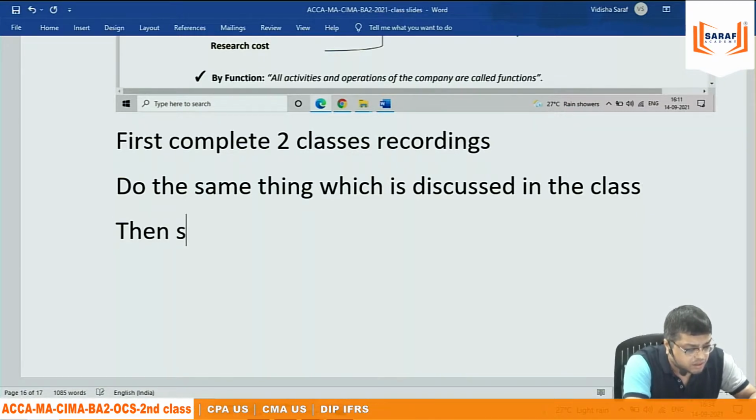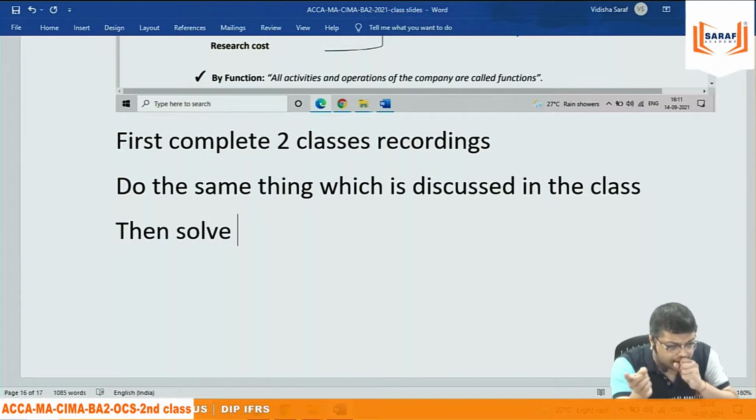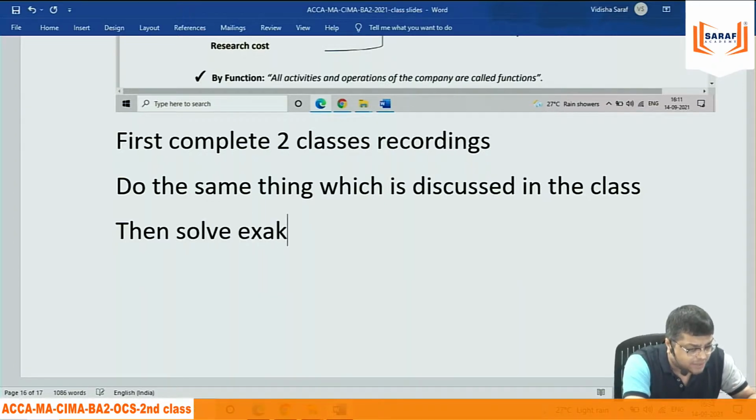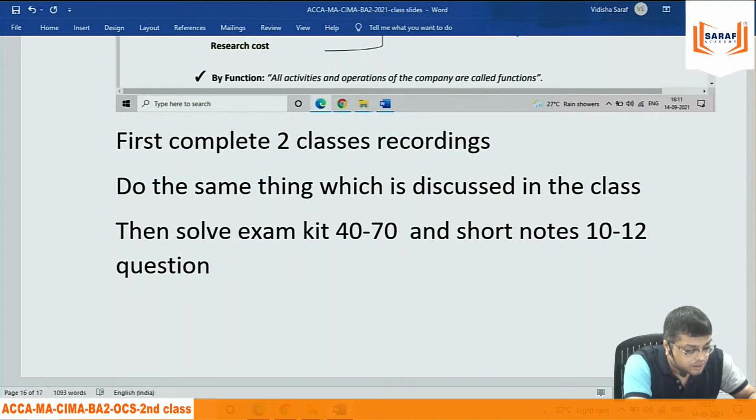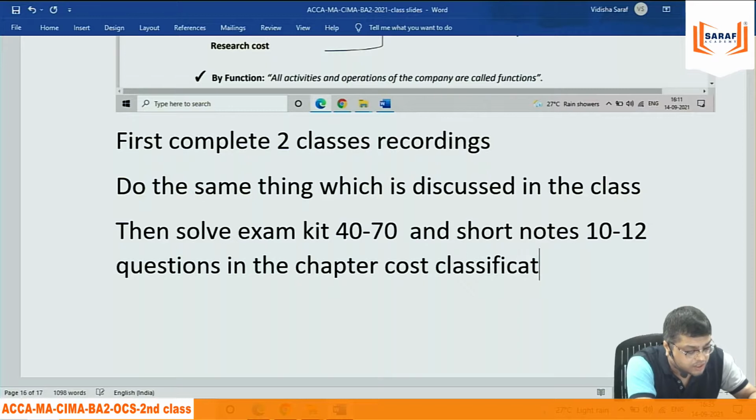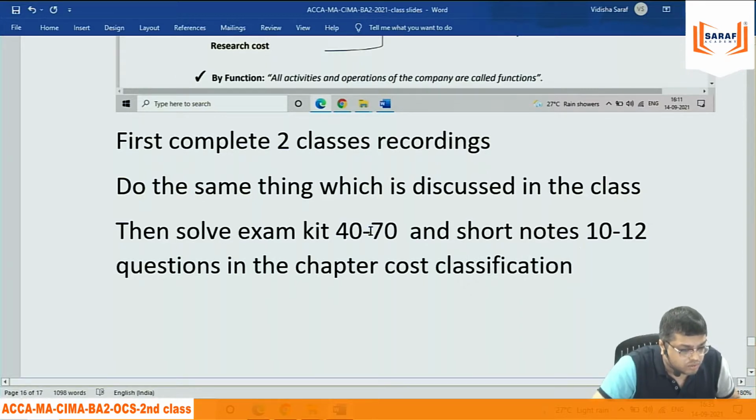Then solve. Don't see the solution. In the exam kit, questions 40 to 70, and short notes, 10-12 questions in the chapter cost classification. You can do,